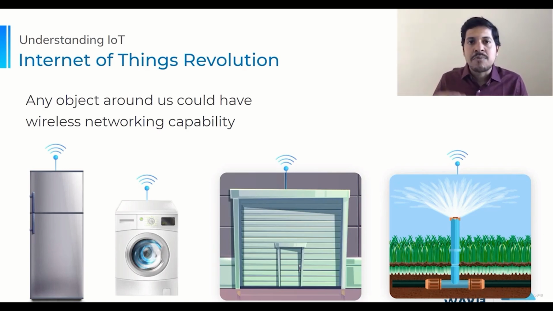So not just our mobile phones and tablets and TVs, but also our refrigerators, our washing machines, our dryers, our garage doors, even the collars that our pets wear, or even the sprinklers in our garden. Everything should have a wireless networking capability and should be able to connect to the internet so that we can access and control them over the internet. For example, no matter wherever we are, we should be able to see whether our refrigerator is working fine, or whether our light bulbs are on or off,